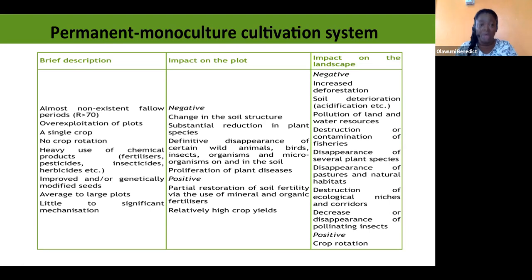So the only way to have a positive impact, and remember that we said earlier, when we're talking about legislation and the standards, you need to be able to write out what the impacts of your projects are for your certification. These are things that they're beginning to ask now. So you must have a negative impact and you must have a positive impact. If your system does not have any positive impact, we need to introduce what can bring a positive impact into that system that you are practicing.